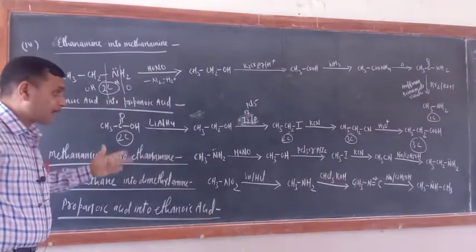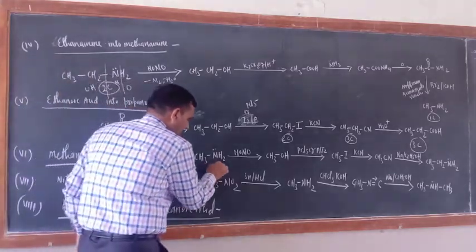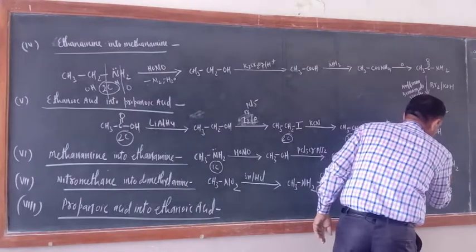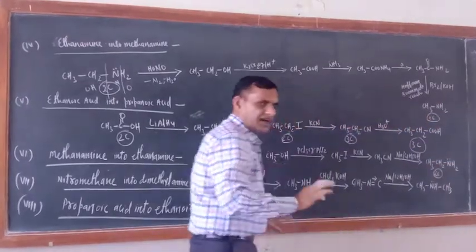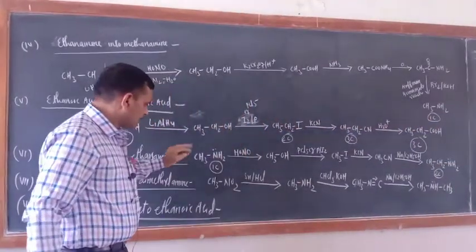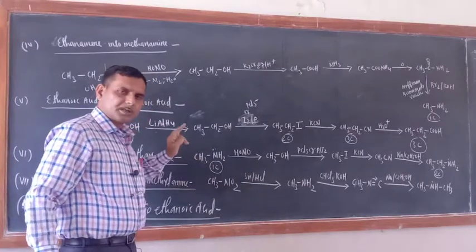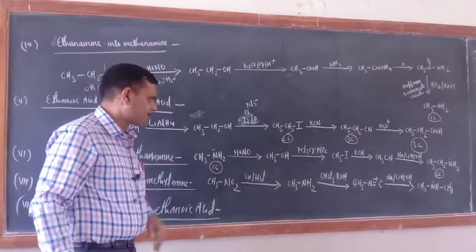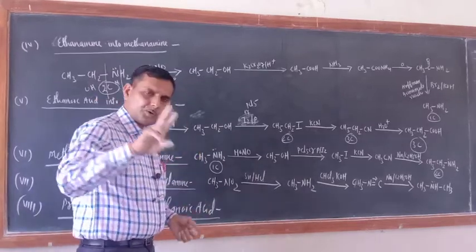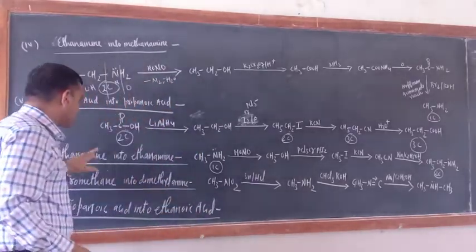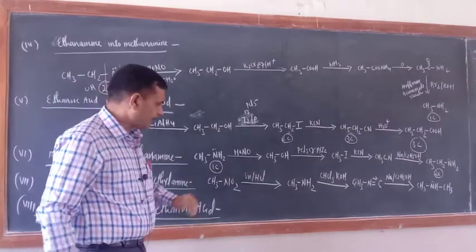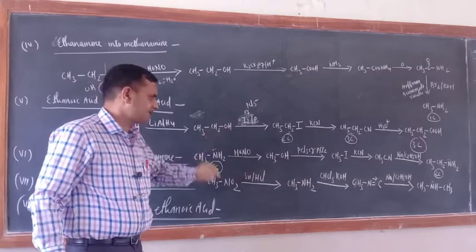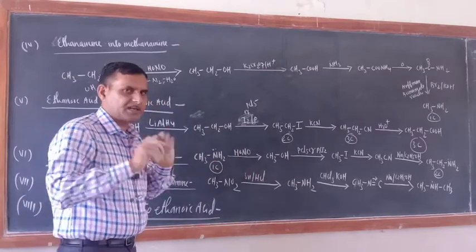This is an example of descent of series. Here 1 carbon atom, and here what is there? 2 carbon atoms. Ascent of series example is there. And just see here how ascent of series is important. Just see. Now there are 2 ways to convert methane amine into ethane amine. Okay. Second way is very lengthy. This is very easy. Just see how it is easy. Just I will tell you.